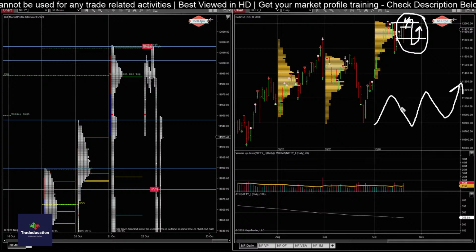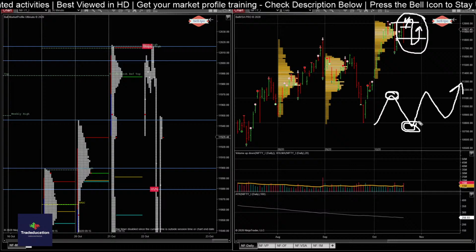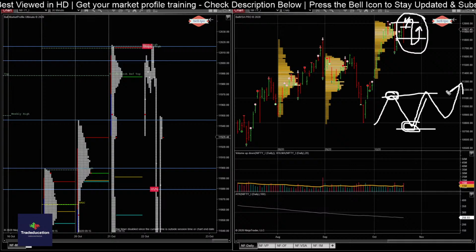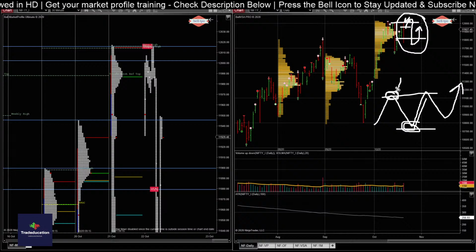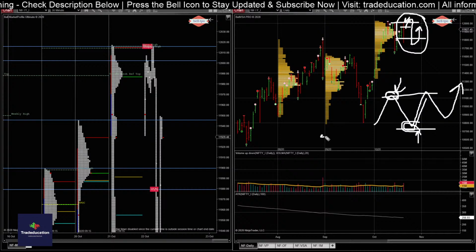It was more of a roller coaster ride yesterday. I would say fortunate or unfortunate, but I knew that at this point it was going to have a downfall, and I knew that at this point we were going to go up, but I did not trade it. The reason for not trading, even though I knew the auction would take a U-turn and go up, was that I was getting a greed factor in.